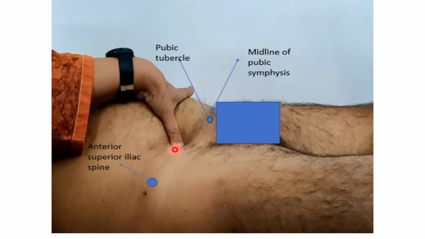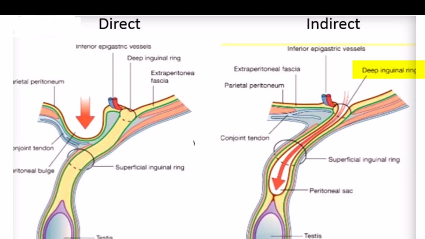Why is nothing going to bulge out in the case of an indirect inguinal hernia? Because you know the anatomy: you have occluded the deep ring, and the indirect inguinal hernia was a rule follower. It was passing through the deep ring, then the canal, and then the superficial ring. So how can it come out? If the hernia is a direct hernia, even though you have occluded the ring, it will bulge or pop out, and it will pop out medial to your fingers, closer to the midline. In this way you can diagnose whether the hernia is direct or indirect.